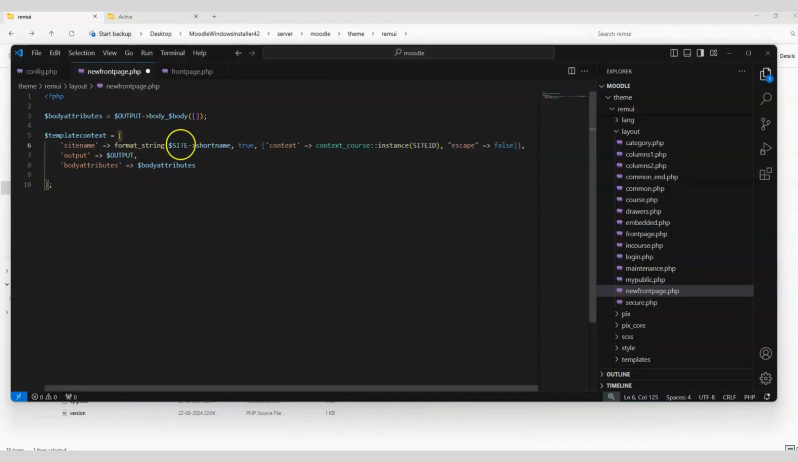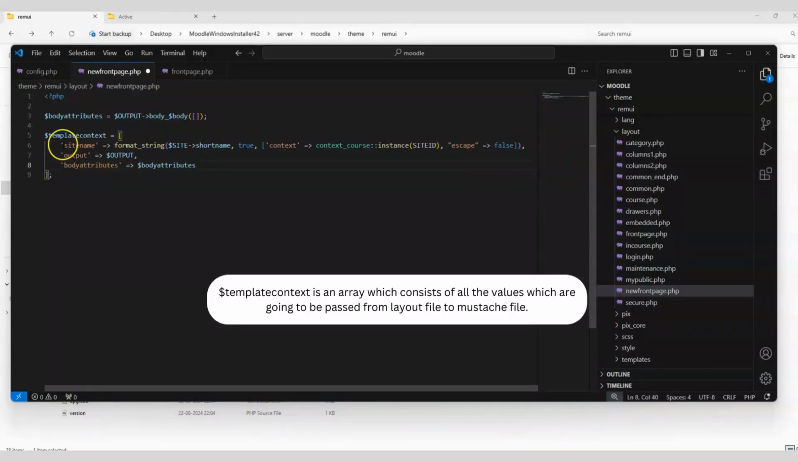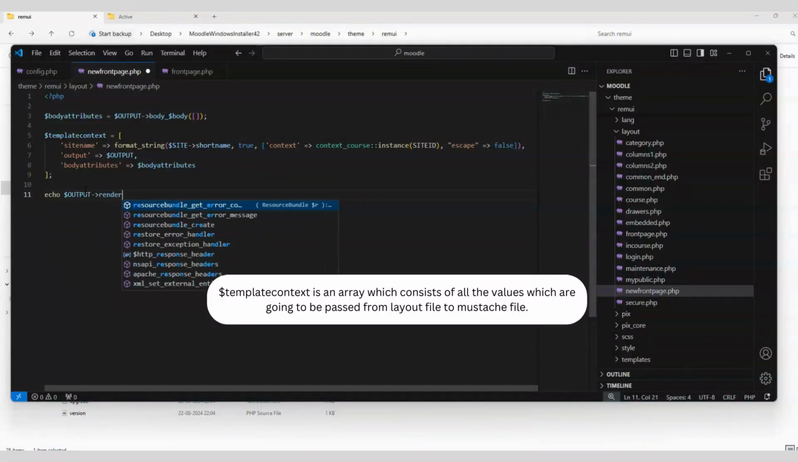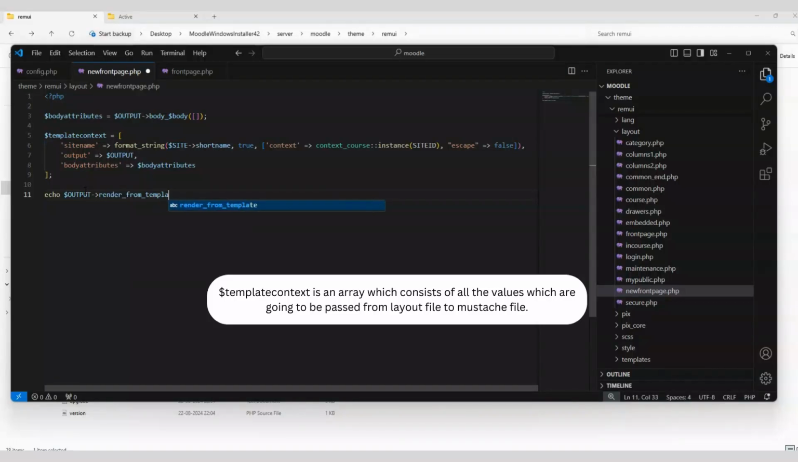This is another variable called site, which consists of the site short name, basically the name of the site, the Moodle instance. I'm just going to pass this. I'm just formatting over here. No need to remember all these things; you can just pass what exactly you are going to use inside the mustache. I'm defining the template context array because I'm going to use it to pass these variables to my mustache using this particular method called render from template,